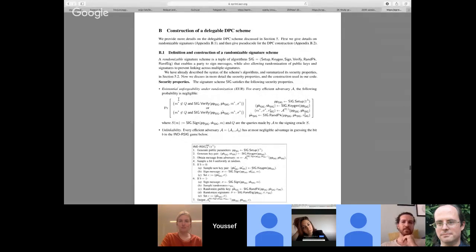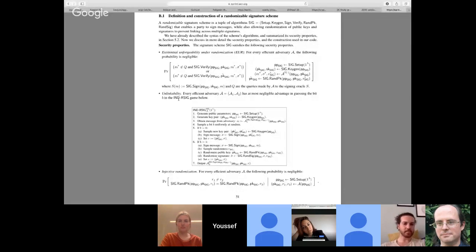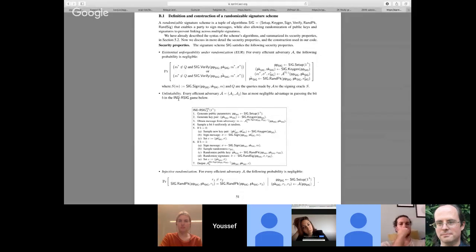It is Appendix B. There are many papers that do randomizable signatures. They have chosen to modify Schnorr signatures a little bit. I think you know what Schnorr signatures are. They are like ECDSA signatures, but everyone is using ECDSA because Schnorr, unfortunately, was patented, but now it is free from patent. But there is a BIP, a Bitcoin improvement proposal, to use Schnorr signatures instead of ECDSA signatures for